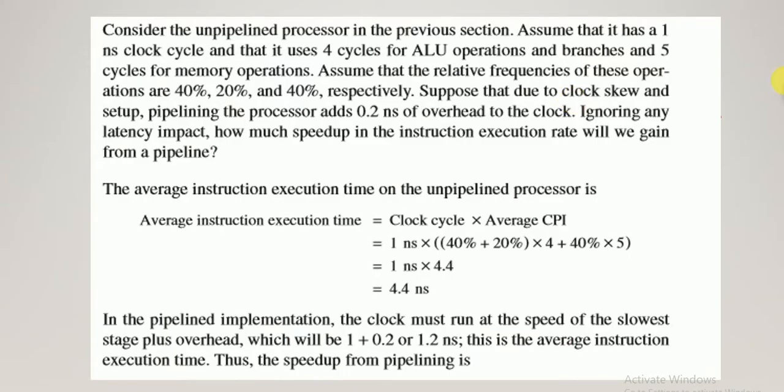Now we will see one example based on the previous session. Consider the unpipelined processor in the previous session that we were discussing as the first processor that is not being pipelined. We have a separate set of instructions to be executed one after another. Assume that it has a 1 nanosecond clock cycle. One clock cycle can be of any dimension, but normally it is 1 nanosecond, and that it uses 4 cycles